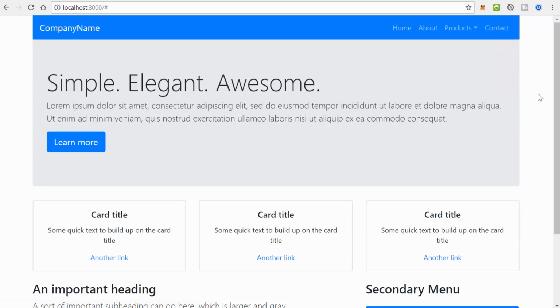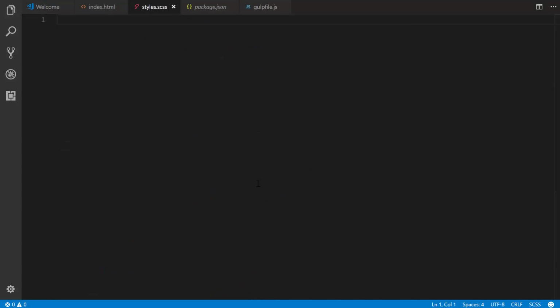Okay, so now let's talk about customization in Bootstrap 4, because right now this is cookie cutter. It's pretty standard, and you're probably going to want to customize the look of this. We do all that in the styles Sass or the SCSS file that we created. So let's go back to that real quick right here. Initially we put the variable overrides at the very top. And then we want to import